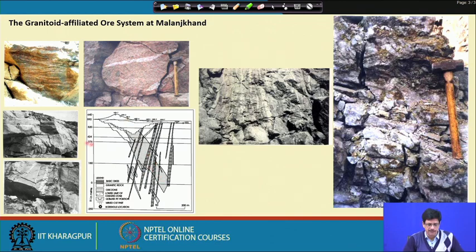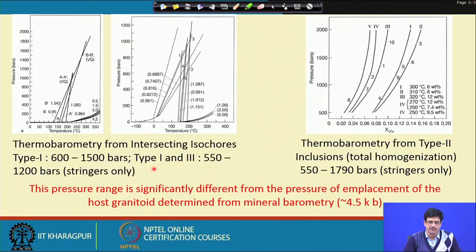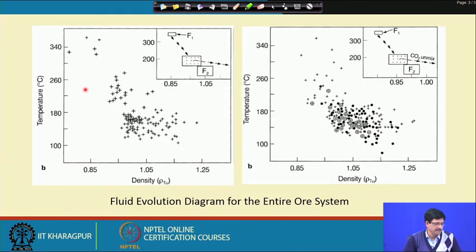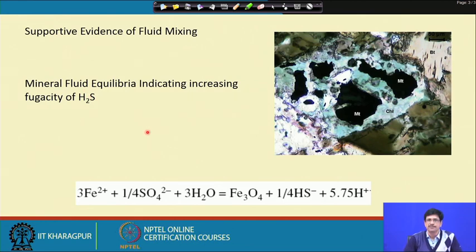When this structure was created, the fluid present in the granite, in the structure network, converged into the main fracture zone where the mineralization took place, and in this fracture zone the mixing of the two fluids took place. There is one main source of fluid which came from the granite, and there is another source, another fluid, which is suspected to have played a role at the site of mineralization, and that is possibly the one which might have carried the sulphurous species and brought about the mixing and the mineralization process.